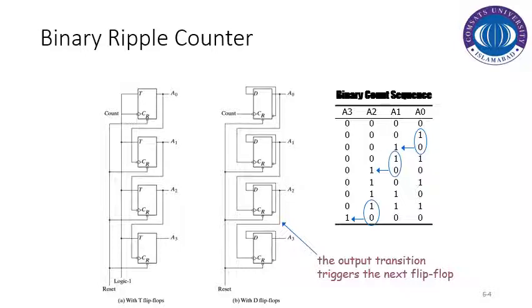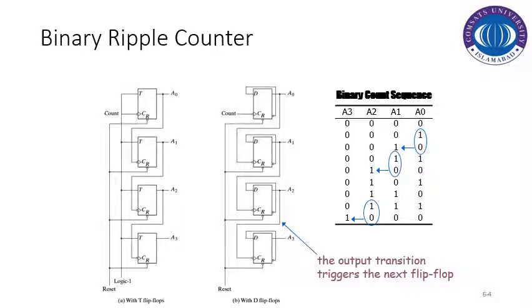While we were discussing the flip-flops, it was said that flip-flops when configured to the toggle state tend to change their output, or complement their output. So we are utilizing that concept: we will configure all the flip-flops, whatever flip-flop we are using, in the toggle state so that on each clock pulse, or on each count sequence, it will complement its output.